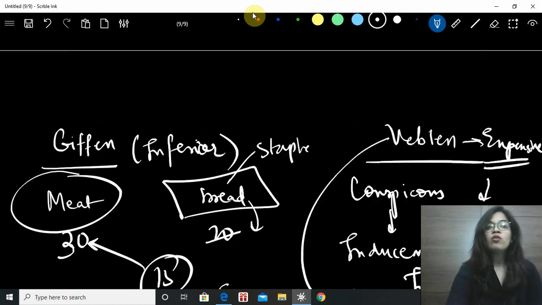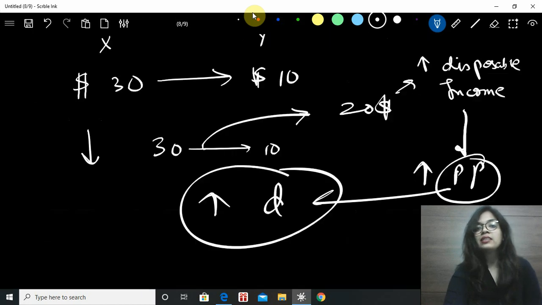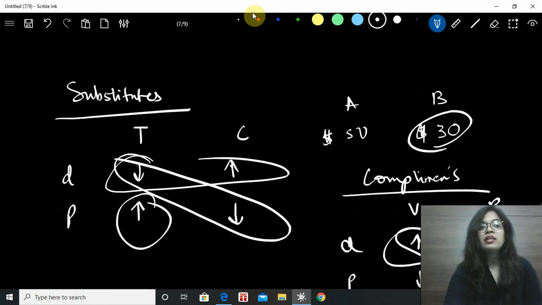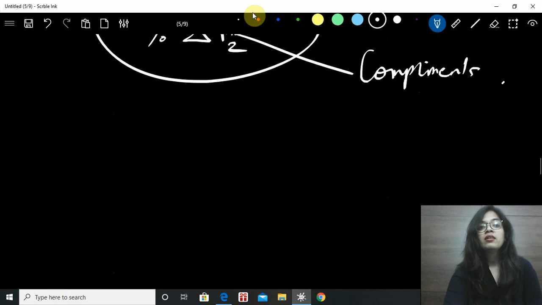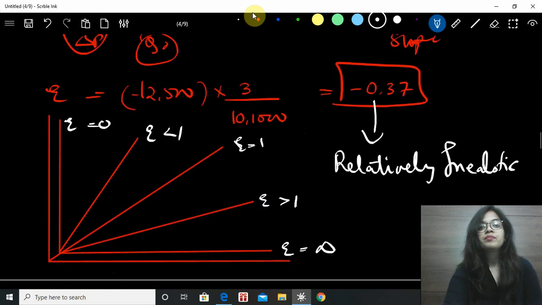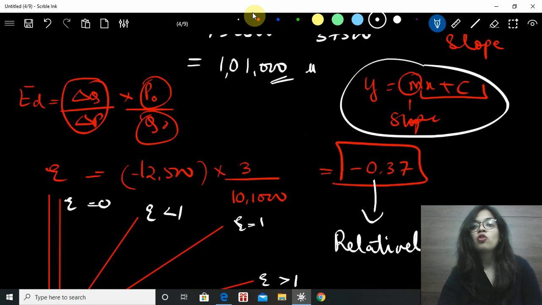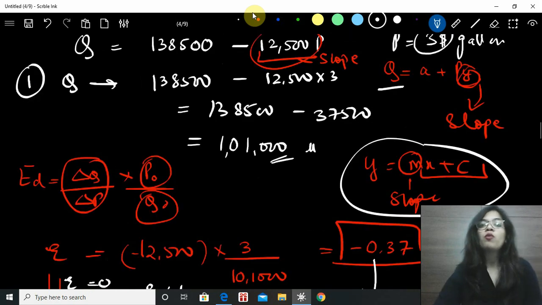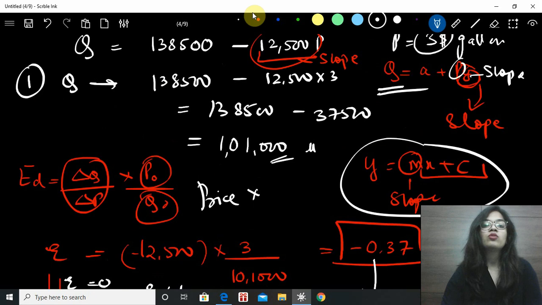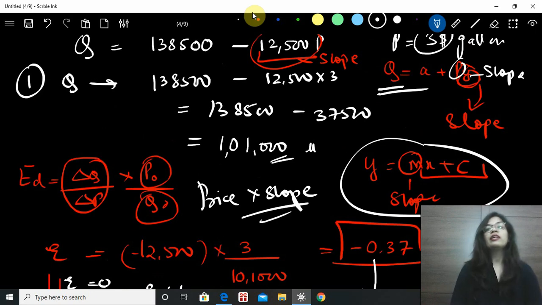So we have covered the topics for demand elasticities, right? The main thing here was calculating elasticity by this formula, and remember this slope of a line, which will make it easy for you to remember. So the general formula will be quantity is A plus Py, price into slope. Please remember that, price into slope. Please solve the questions relating to elasticity, and if you have any doubts, we'll solve them in the next lecture.